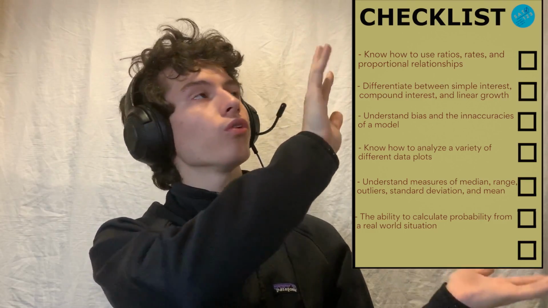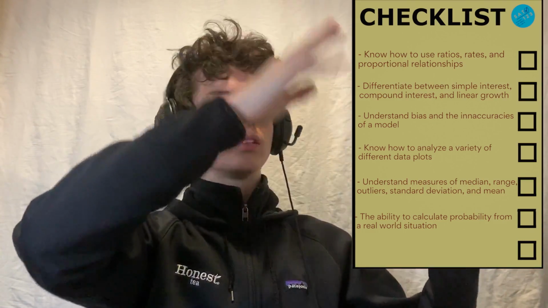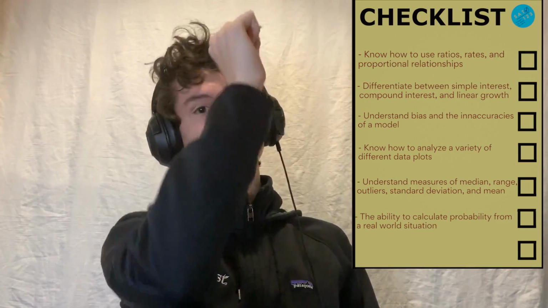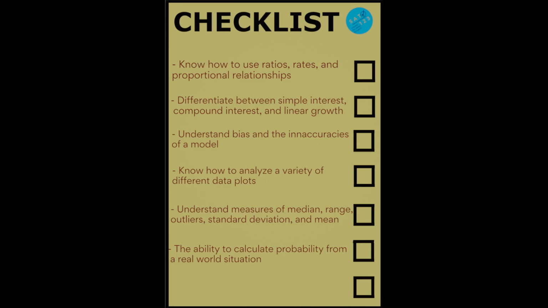So we have a checklist of everything that this video is going to go over. There should be around 7 topics, and we're going to go through every single one. If you're able to understand every single one of these topics, you should be set for this topic. I keep saying topics, but you get the idea. So the first subtopic that we're going to go over is knowing how to use ratios, rates, and proportional relationships,